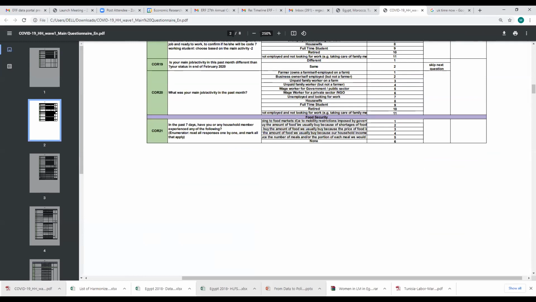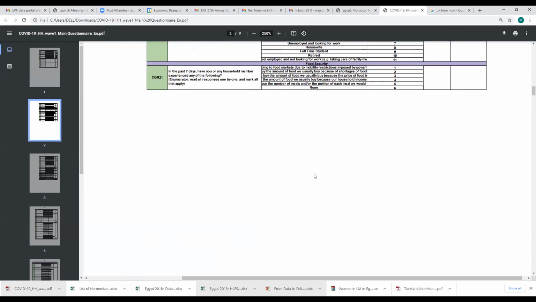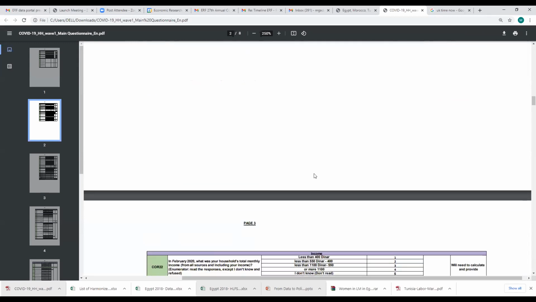And there are questions about food security, because it was important to ask whether the household experienced any difficulty due to COVID-19 or not.